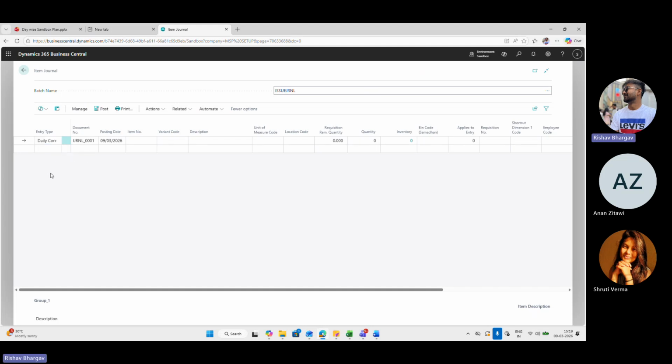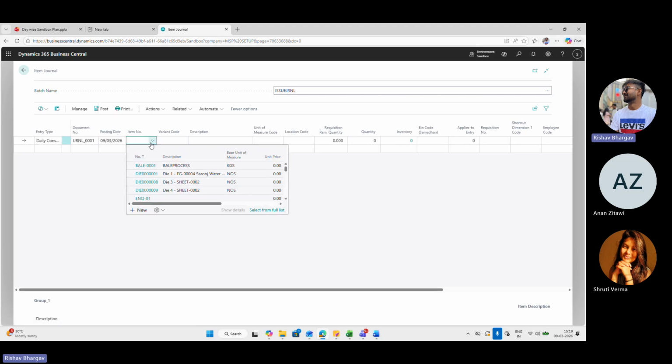It is because you are consuming that item. The item issue journal is for consuming the item. So document number will be the series I assigned, the posting date, today's date, and the item number.